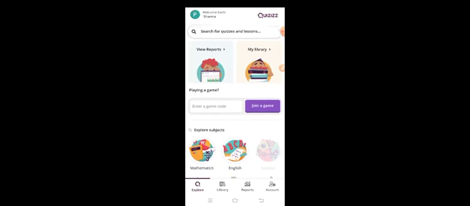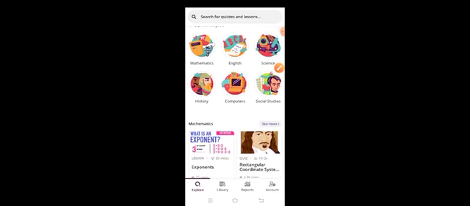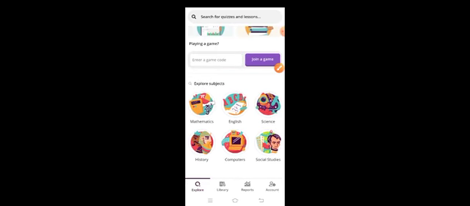I'm using it especially for my maths class, but we have different subjects here also, like mathematics, English, science, history, computers, and social studies. And we have different inbuilt class tests also, topic wise, even lesson plans, and we have different slides also. Believe me, this is a very useful app for teachers. So I'm going to tell you about my mathematics.